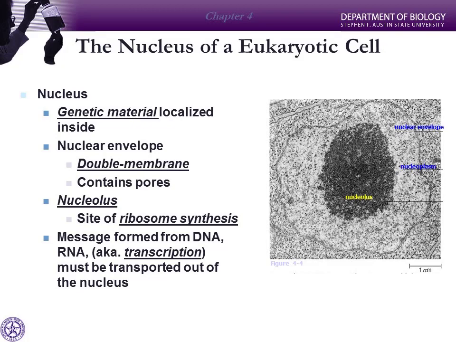Now, the ribosome is going to be part protein, but mostly the ribosome is going to be RNA. And the production of RNA begins inside the nucleus. So as we go to make our protein, which we're going to talk about maybe Friday or next week, we have to have 3 different types of RNA, and all 3 of those types of RNA begin to be produced in the nucleus. And so you see this dark spot because there's so much stuff being produced. Light can't pass through that as easily, so it looks like a dark spot.